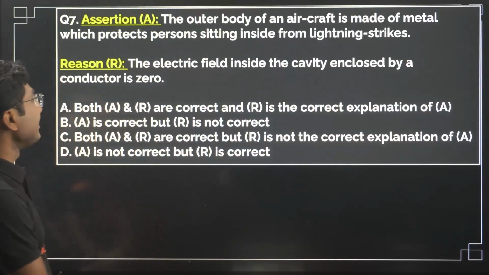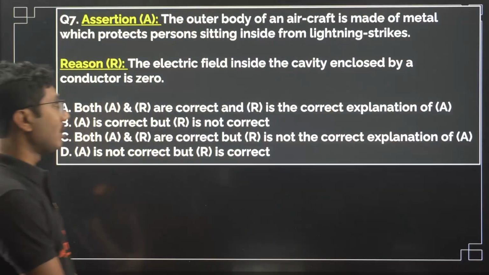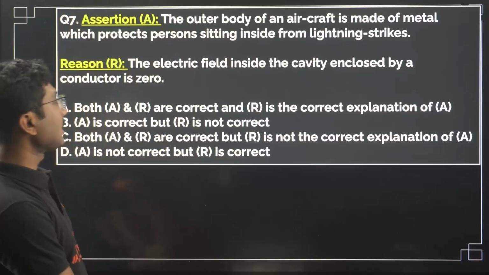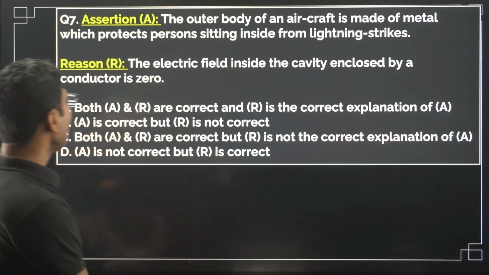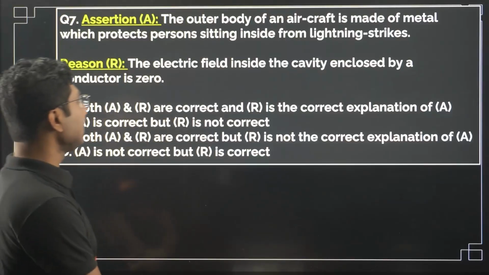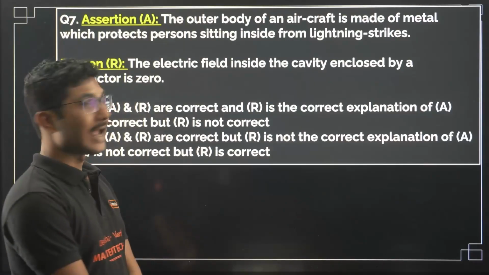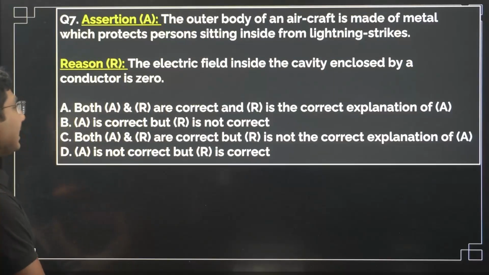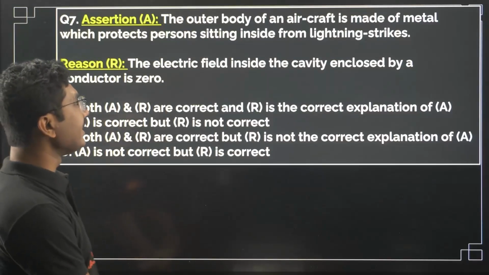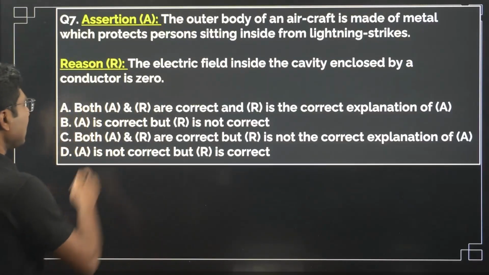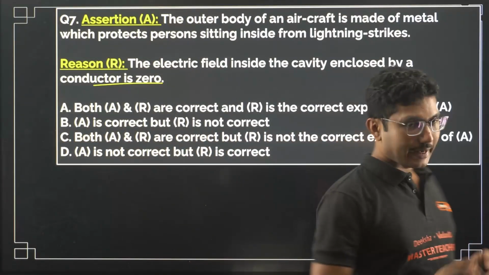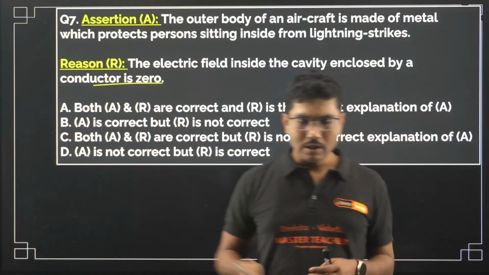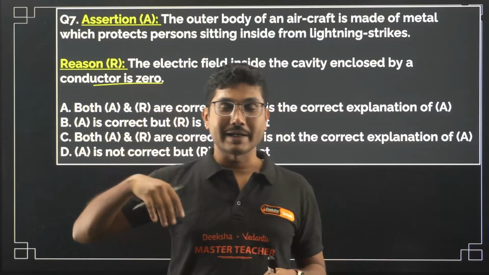Now assertion and reason based questions. These questions are very popular nowadays. The outer body of an aircraft is made of metal which protects the person sitting inside from lightning strikes. The electric field inside the cavity enclosed by the conductor is 0. So obviously when you are traveling in an aircraft, if there is a lightning strike on the aircraft, you